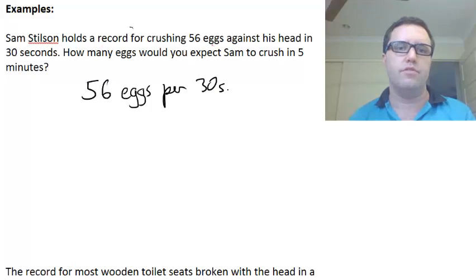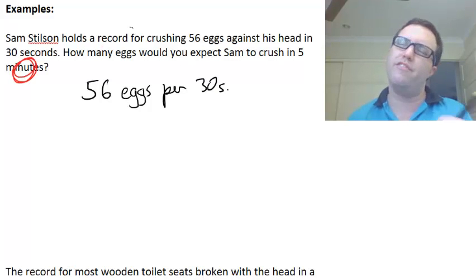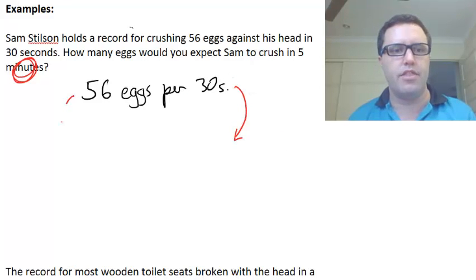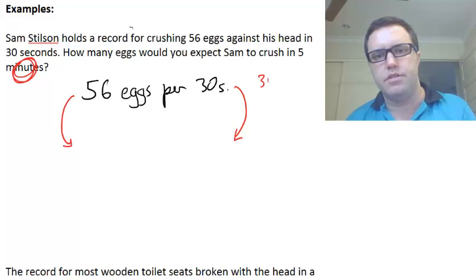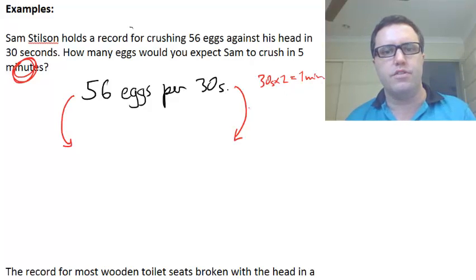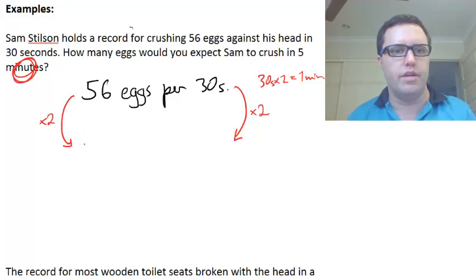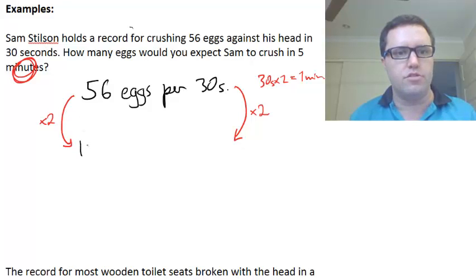Okay, the first thing you want to think is, we've got minutes here, so we know that our final rate has to be per minute. So we think to ourselves, how do I get 30 seconds to become a minute? Well, use 30 seconds times 2, which gets us 1 minute. So if we times this side by 2, and we times this side by 2, we get 112